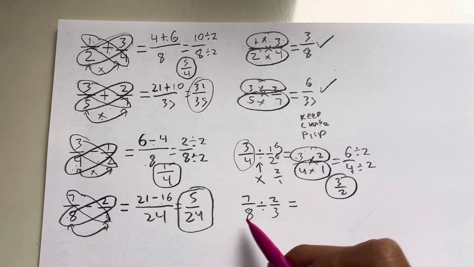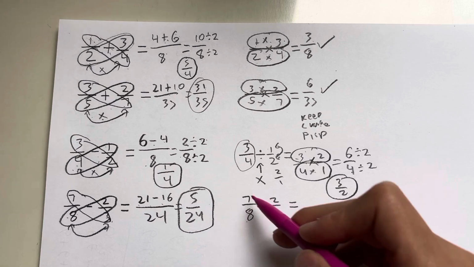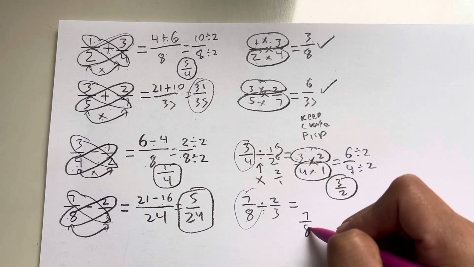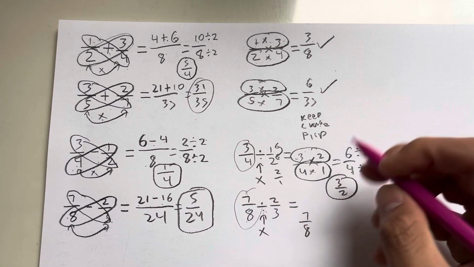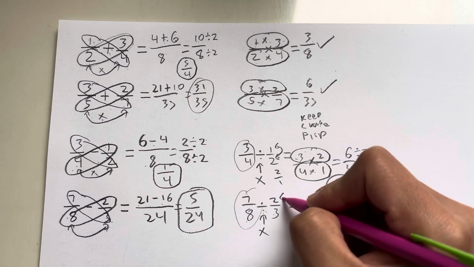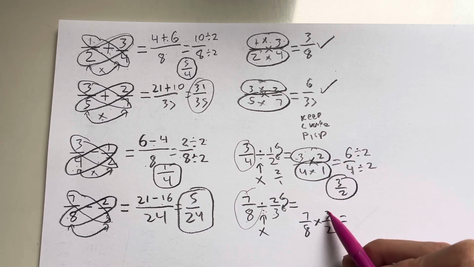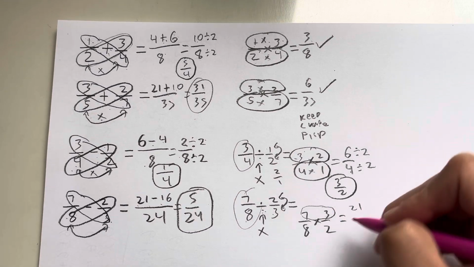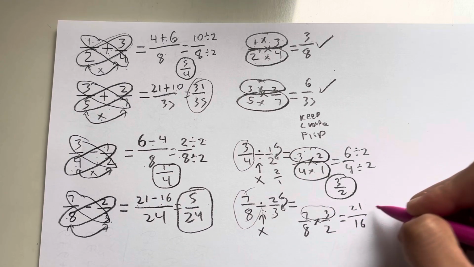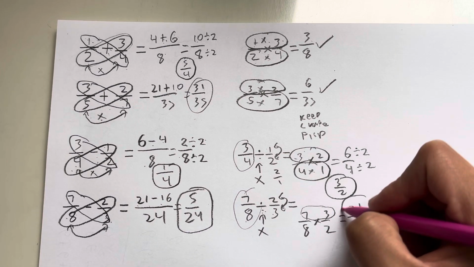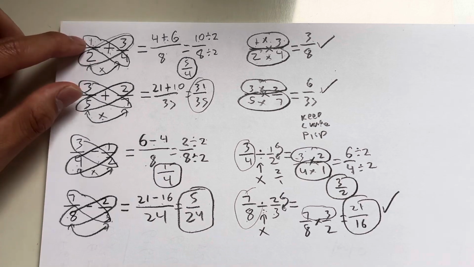So same idea with 7 over 8 divided by 2 over 3. First, I keep 7 over 8, and then I change from division to multiplication, and lastly, I'm flipping 2 over 3 to become 3 over 2. Then I can multiply. 7 times 3 is going to give me 21, 8 times 2 is going to give me 16, and 21 over 16 is your simplest form. And that right there is how you do addition, subtraction,